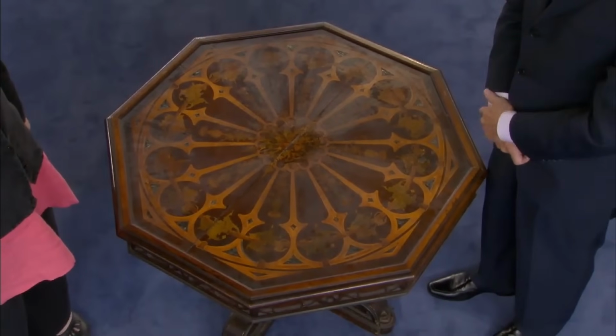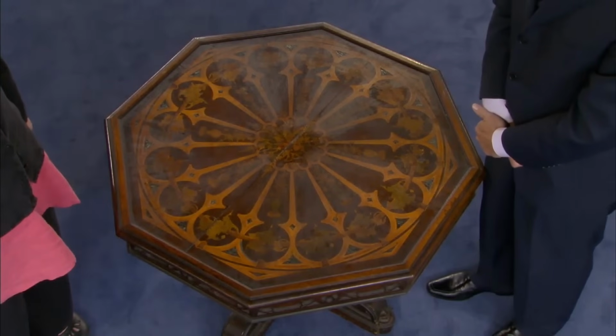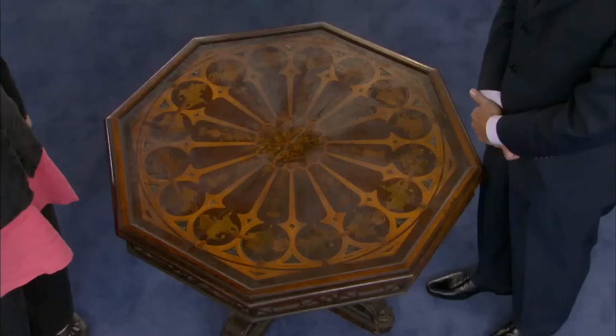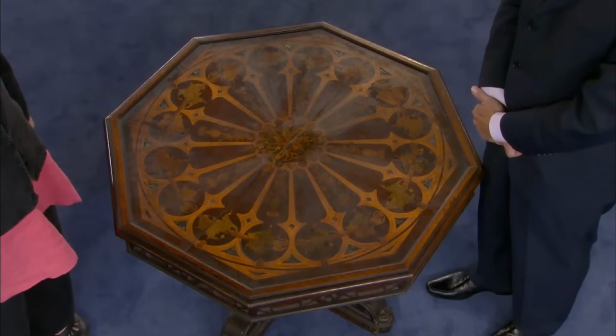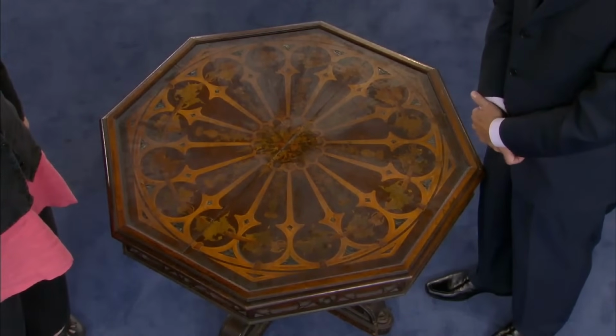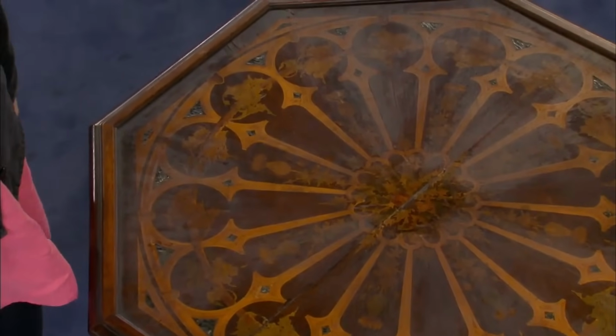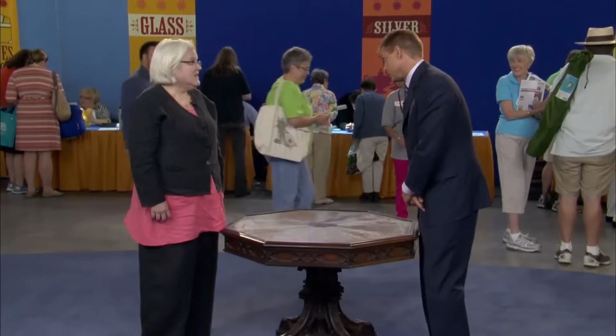This piece was crafted from rosewood with burl insets and features intricate Gothic elements on its legs. The tabletop is a masterpiece of marquetry, with a thistle motif that suggests a Scottish origin or English design for the Scottish market. Additionally, the table's color was achieved through dyed wood, with the marquetry technique used to create intricate